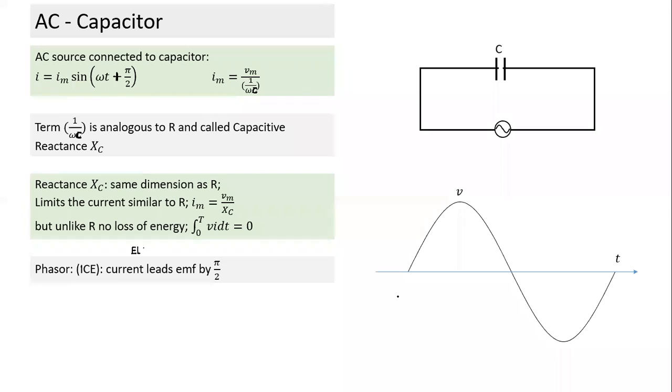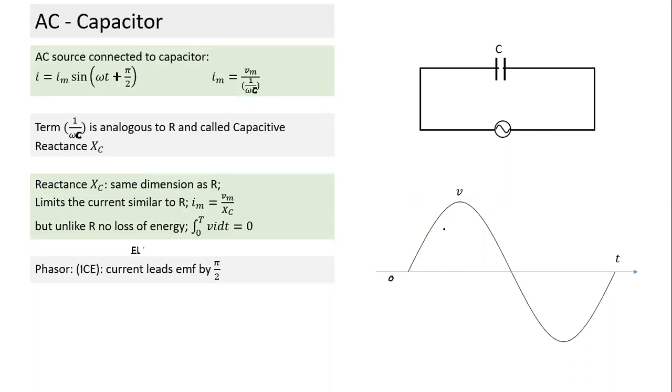Can we draw the shape of the current curve here? What happens as the voltage keeps increasing? If there's no resistance, what will happen? As the voltage increases, the charge also keeps on increasing. Here the charge was 0, and the charge also keeps increasing. So as the voltage keeps increasing, what is the rate of increase of charge?